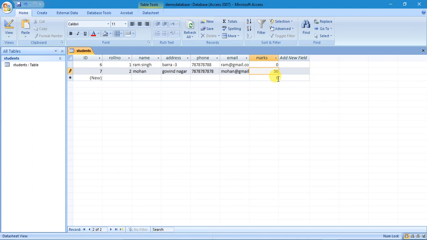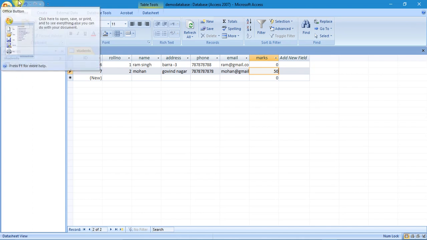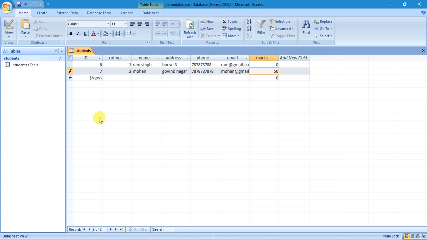Okay, so these are some examples regarding the table creation in MS Access, applying a primary key in MS Access, applying criteria or properties on columns or fields, then the value insertion inside the table.